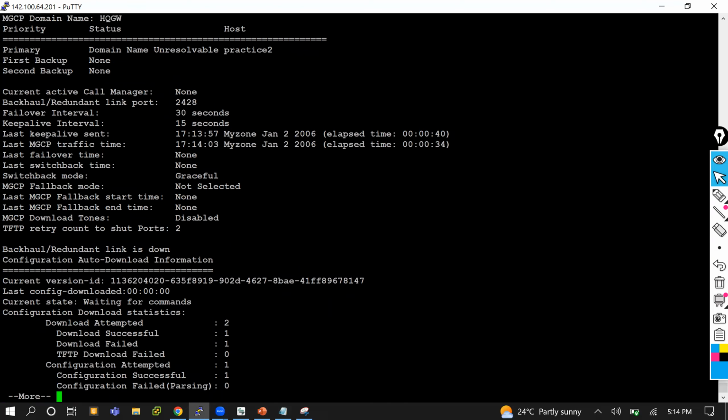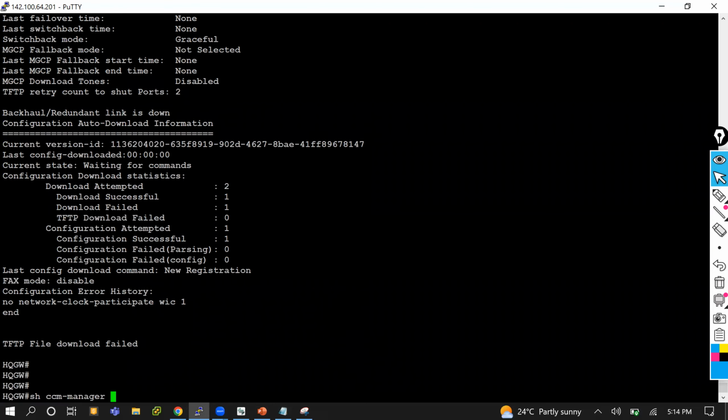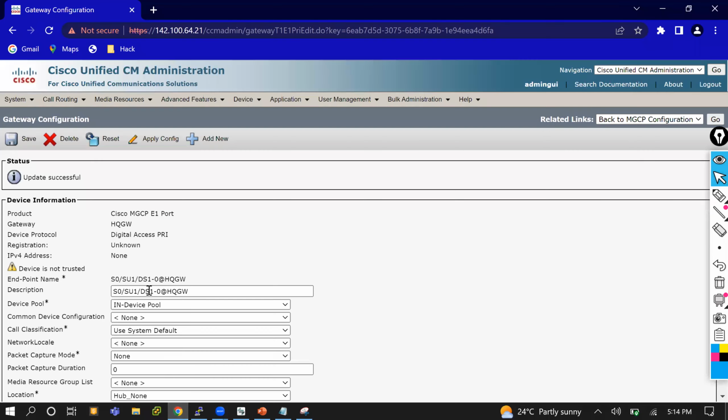Domain name unresolvable. Here we go. Now it's got registered. Okay. Actually, here I have given the host name, right? If you remember, my gateway name I have given HQG. Now that's a router trying to register with the call manager with the host name. It's unable to resolve. So that's the reason I have given the entry of the host name in the gateway